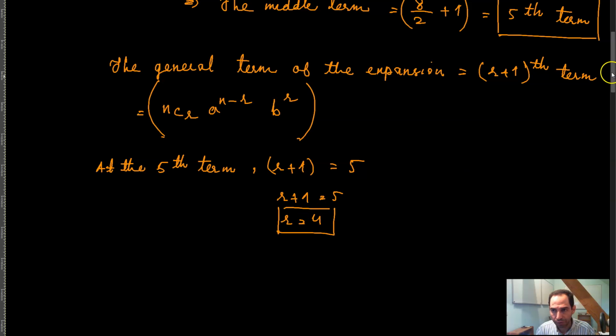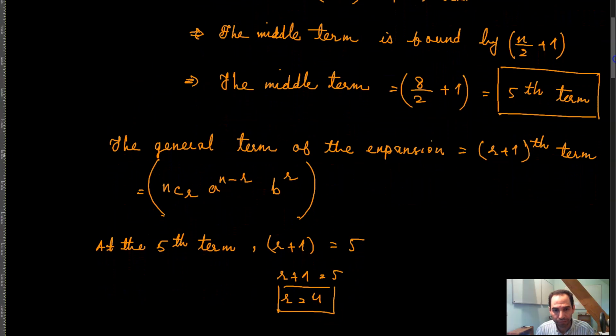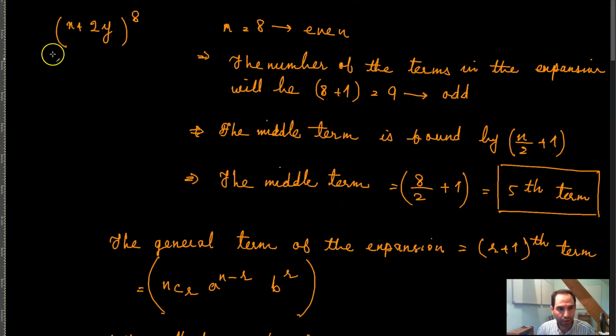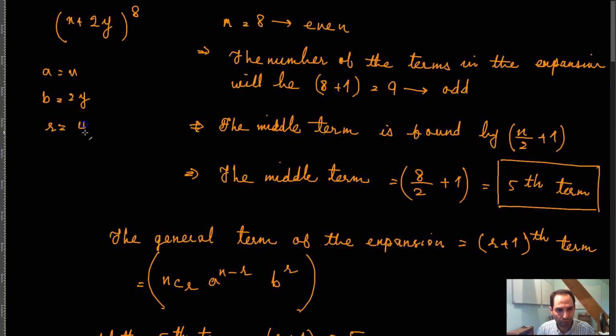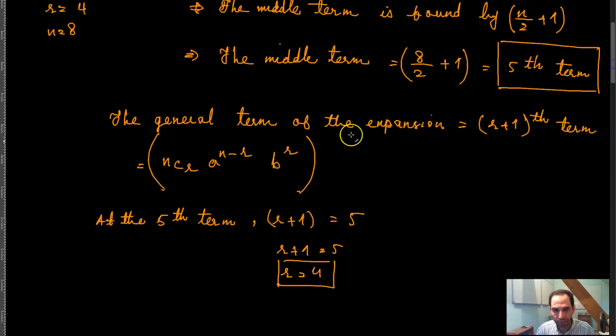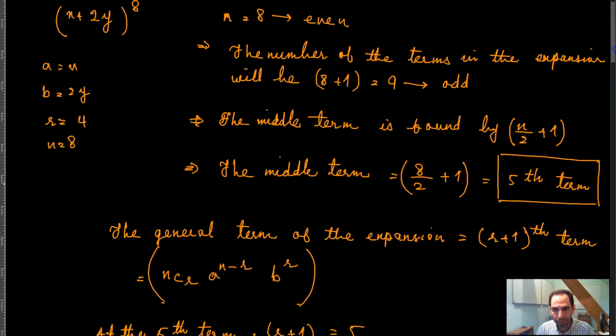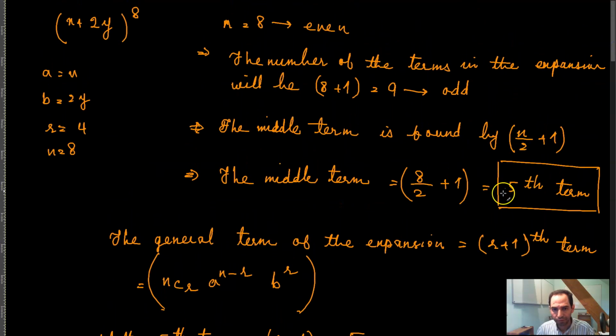Now you know your r, you know your a. Your a is equal to x, your b is equal to 2y, your r is equal to 4, and your n is equal to 8. Therefore, the fifth term of this expansion is going to be